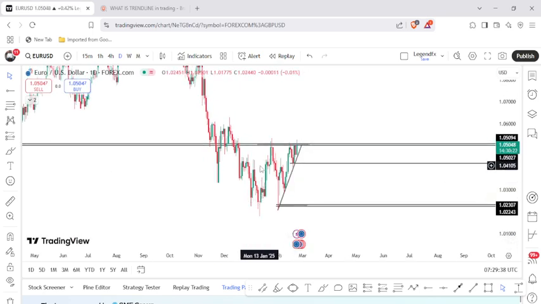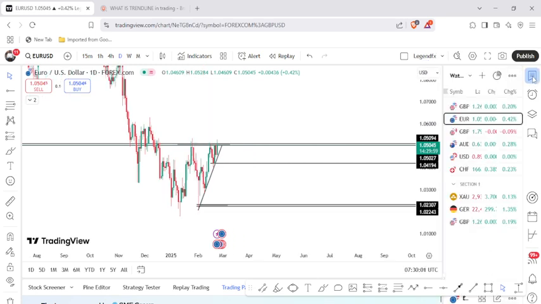and shoulder. But GBP USD has broken above, but Euro USD has not. So I'll just be sitting on my hands and watching what this guy will do, or this guy and GBP USD. So that is it for Euro USD and GBP USD. Remember, the two of them are the same correlated pair, but for some reason GBP USD has broken above, but Euro USD has not. So that is what I have for you on GBP USD and Euro USD.